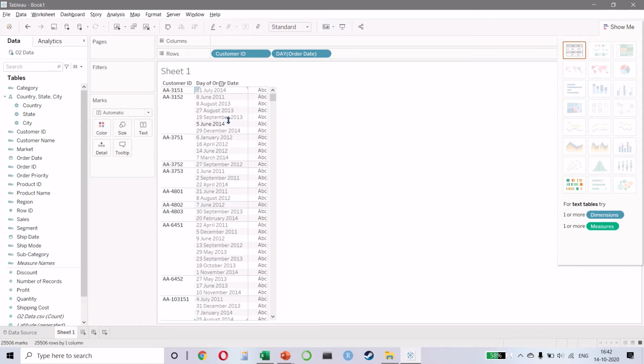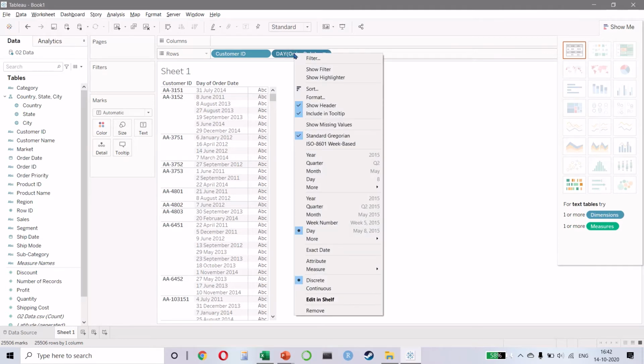Fair enough. Now, we can also sort the data. So let's sort the data here.